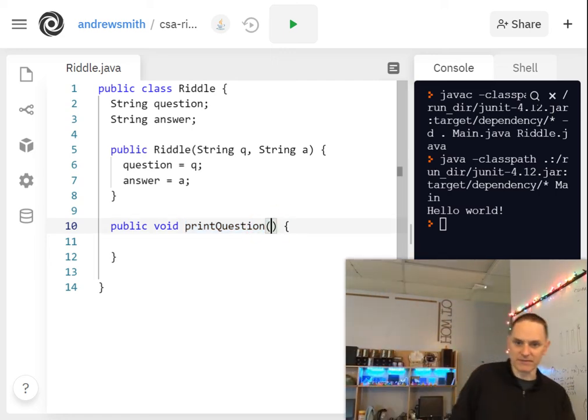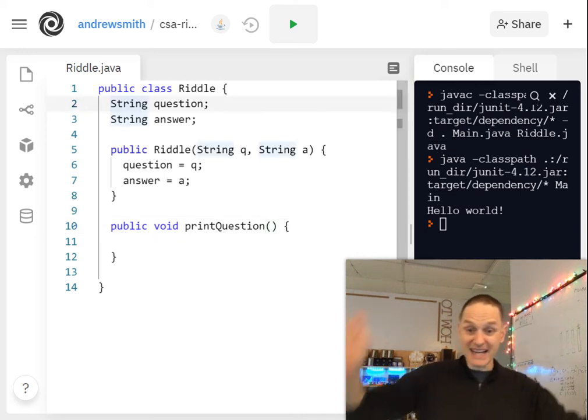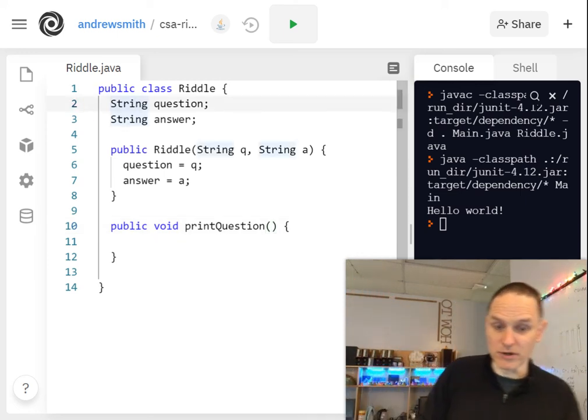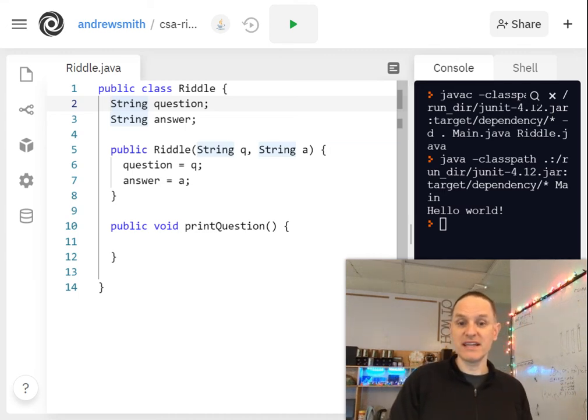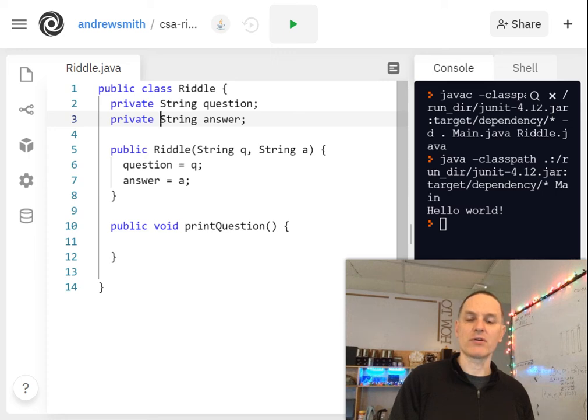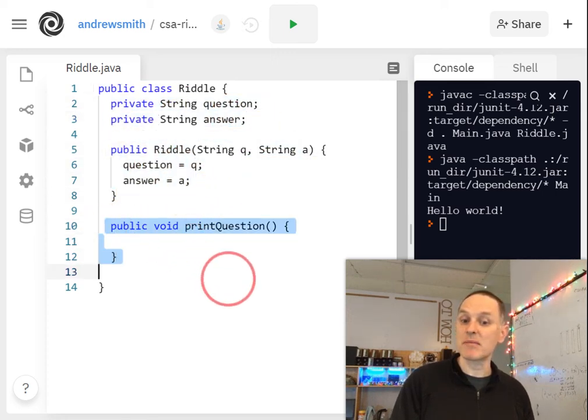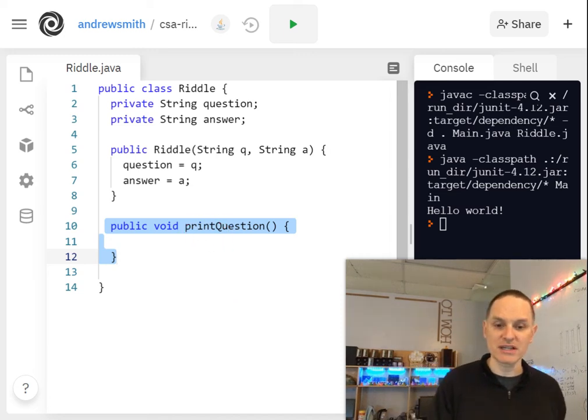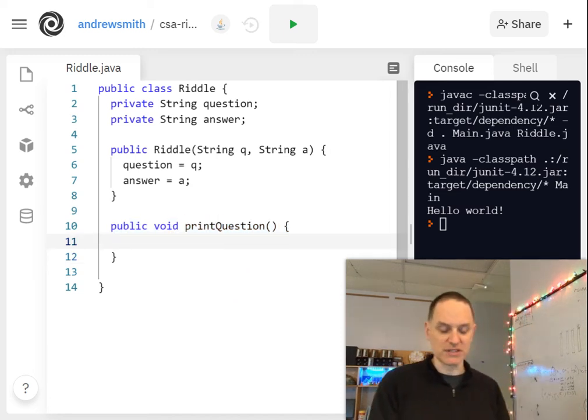Timeout. I just noticed something. I didn't put any visibility or access keywords up here. For the instance variables, these are private instance variables, so I should write private here. My bad. So public class Riddle has two private instance variables. It has a public constructor, and now it has a public method called printQuestion, and that's just going to be a super simple method,